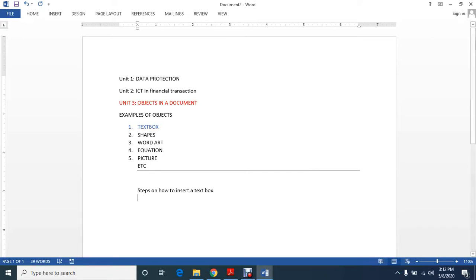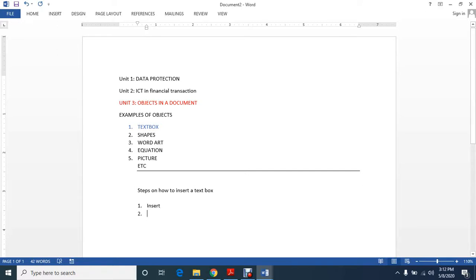How do we insert a text box? Step number 1, as you have read in the course content on the system, is to click on insert. Click insert.